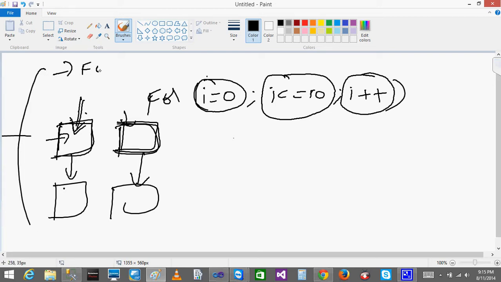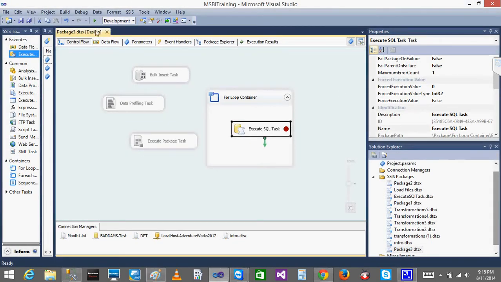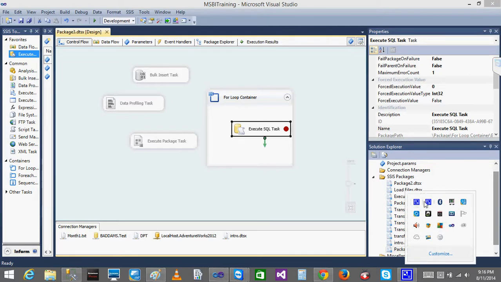So you will ask the For Loop Container to run 2 times. The first time it runs, you will point to this directory. The second time it runs, you will point to this directory. That's it. Okay. So please see that video. It is a 54 minute one, and you will learn a lot of things. You can see the expressions also. Okay. And if you have any doubts, you can ask me tomorrow. So is everyone clear with this For Loop?